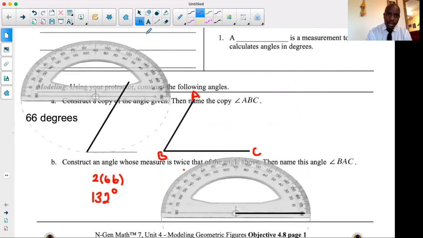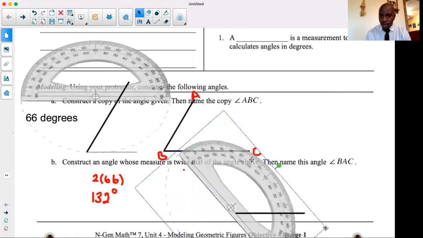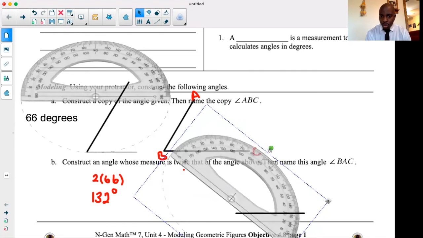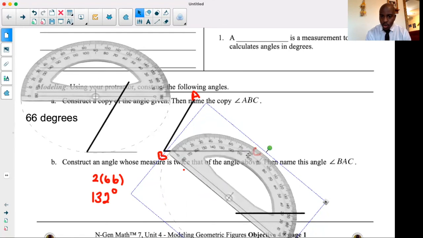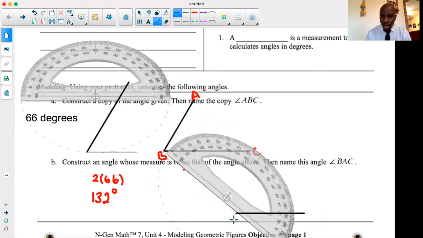Perfect. Turn the protractor, and I'm going to use the protractor as if it's a ruler, right? If you have an actual ruler and you want to use that, that is fine. I am going to use this as my ruler, okay? And I'm going to make another straight line from the base here all the way up to the mark